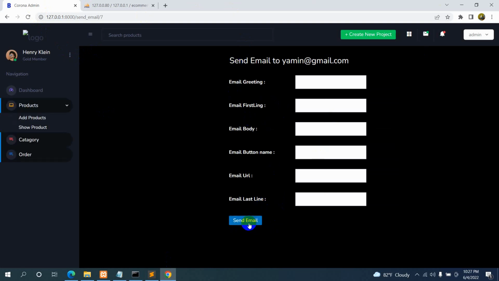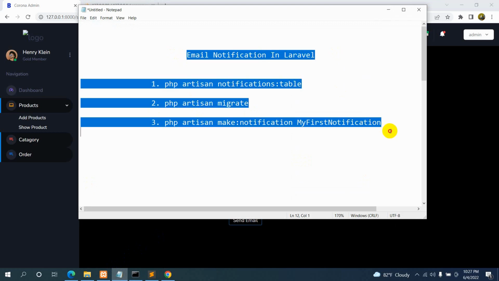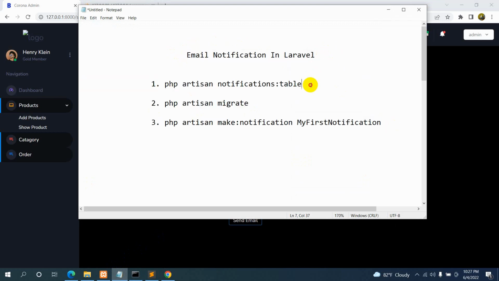So right now what we want is, if you click on this send email button, it will send the email to this email. So right now, in order to send mail notification, we need to follow some steps, and I just wrote those steps in this notepad. Here you can see email notification in Laravel. So for it, we need to write these 3 commands in the command prompt of our project directory. So here the first command is php artisan notification table. So it will create a migration table in our database. So let me just copy this,